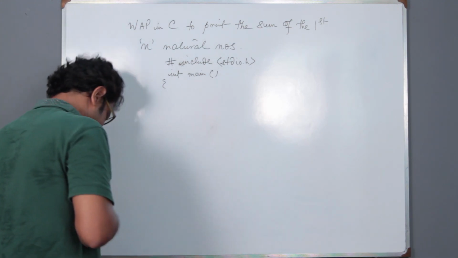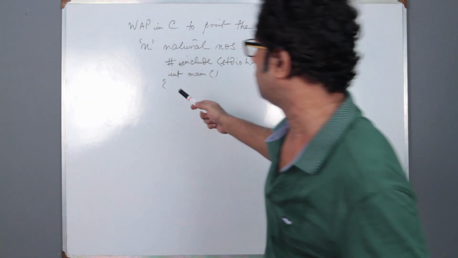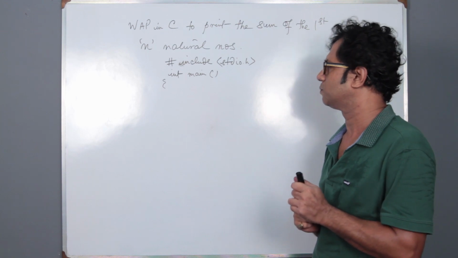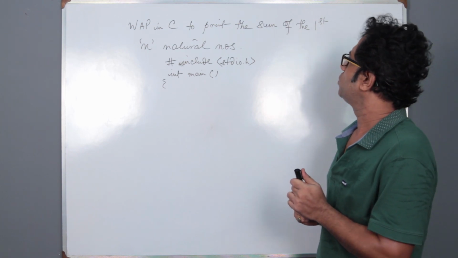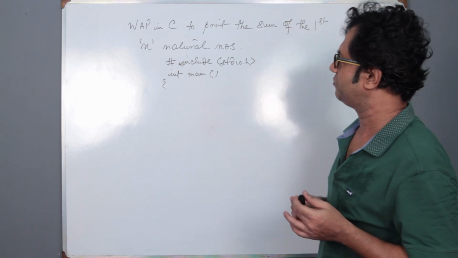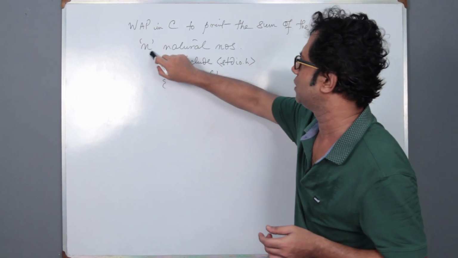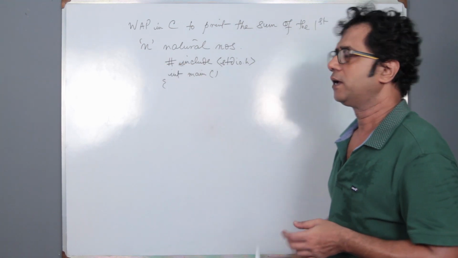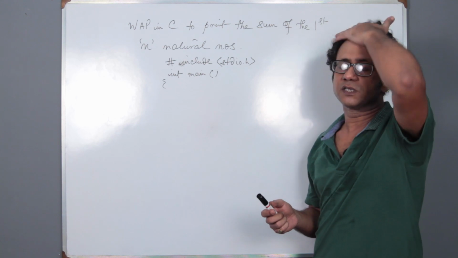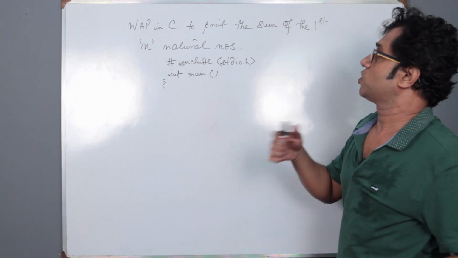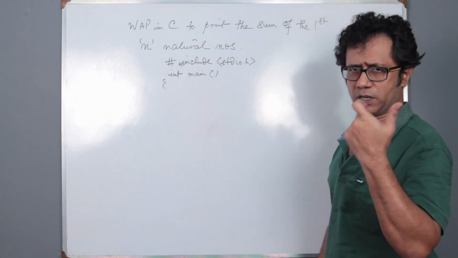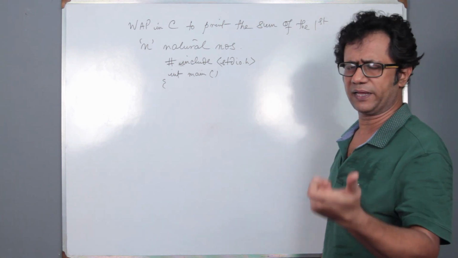Now we have to decide the number of variables needed in this program. So suppose we are going to print the sum of the first n natural numbers, then we need to have a variable which will take the value of n, and we have to take the loop variable as we discussed in the previous class. That is a variable which helps us to operate with the loops, that is the i in conventional meaning.